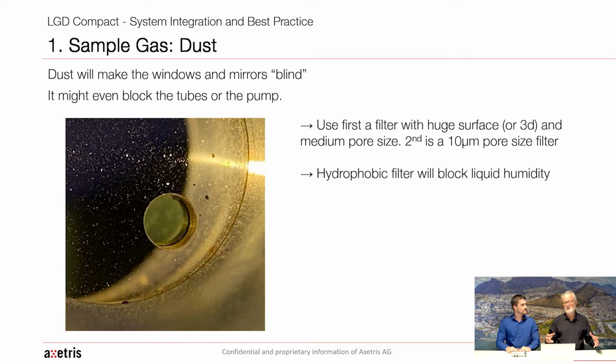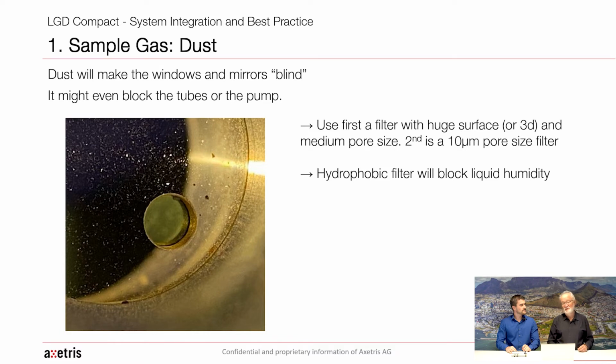You get first a noisy signal, and after a while it will not work properly anymore. So, what's to do? Always use a filter or a filter system with several filters